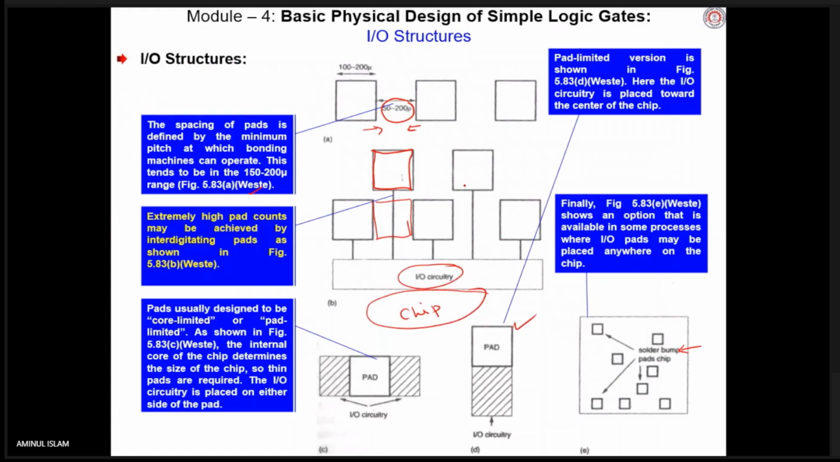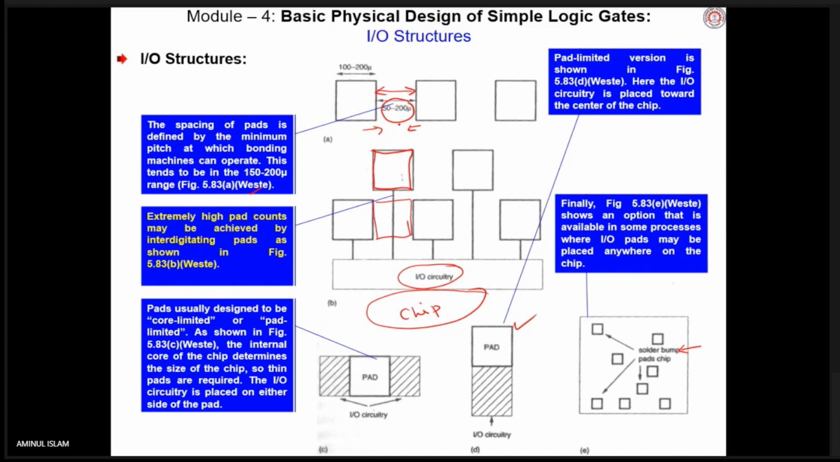Here is a different structure, I/O pad structures. The spacing of pads is defined by the minimum pitch at which bonding machines can operate. Yes, a certain machine is required which will be used for bonding. So the minimum spacing between two pads,